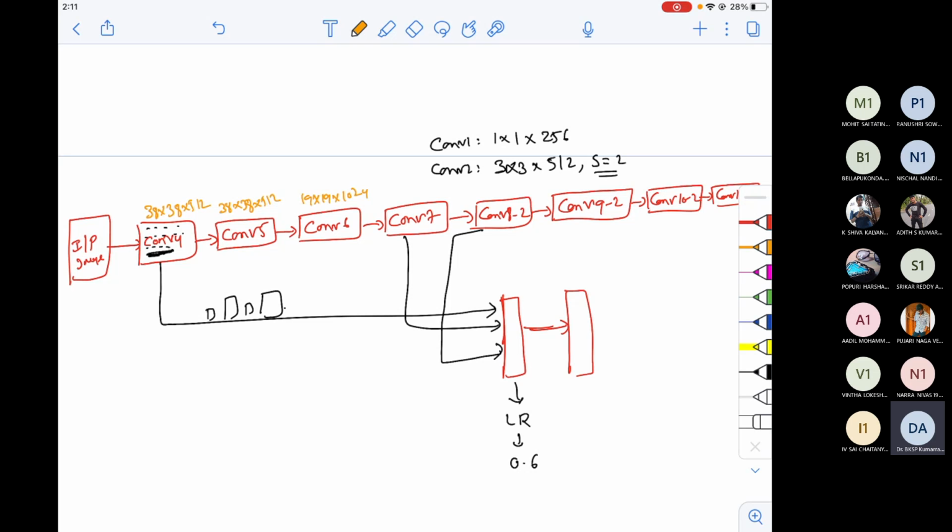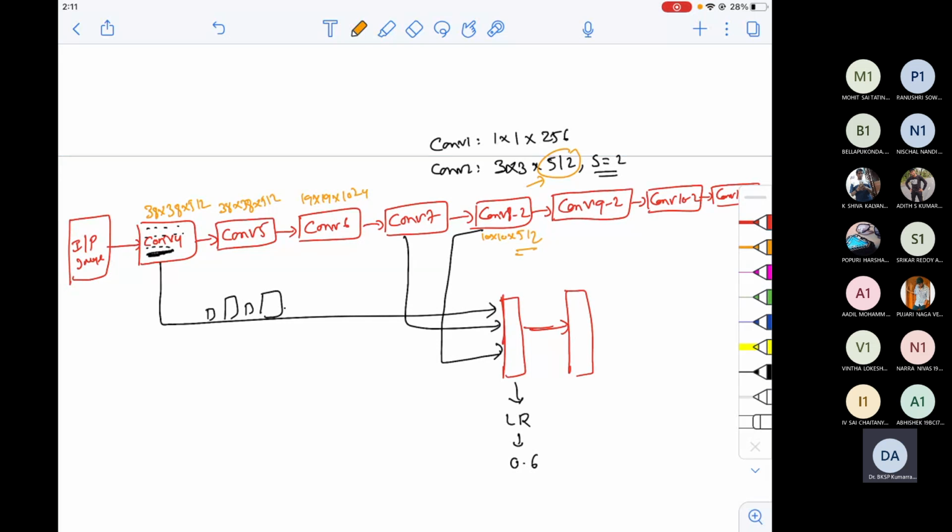But if you see the con8_2 dimension, it is actually 10 cross 512. Why 512? Because after applying 512 filters, the depth of the output also will be 512, and the width and height differ based on the filter, padding and striding values. I'm not writing all the values, because it will be very boring for you.